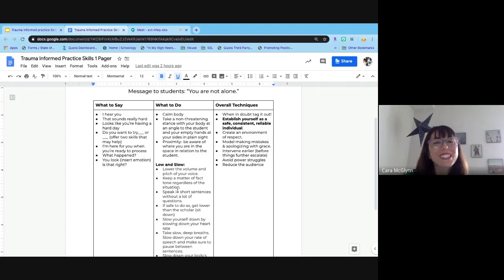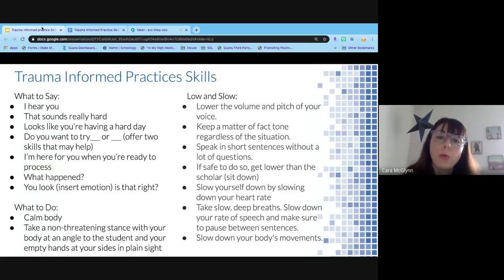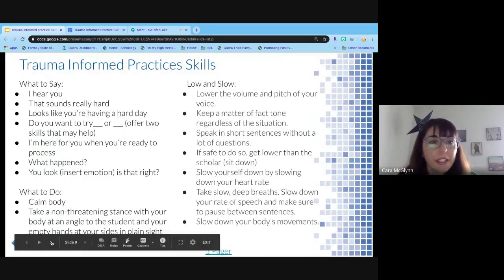Avoiding power struggles is really important to do too. And this is hard because we're the adults and they're in our school. And children will always win. All that will happen if you get into a power struggle is that you will end up feeling really icky afterward, and you'll have done maybe some damage that was unintended. Again, you can refer back to this at any time, but since you're not here to ask questions, we are going to move on to practicing these skills.